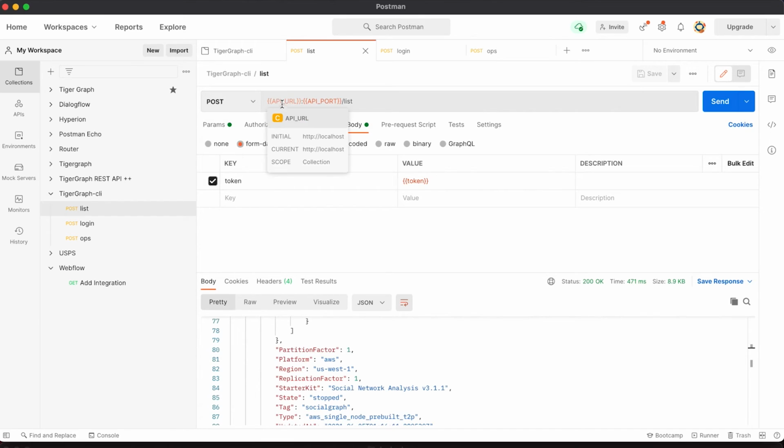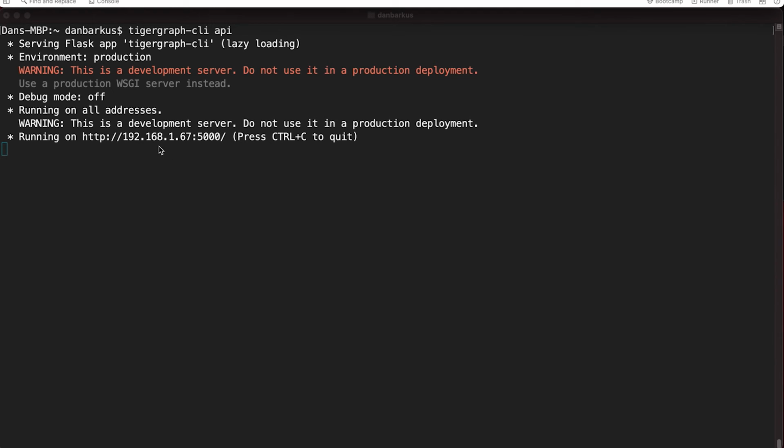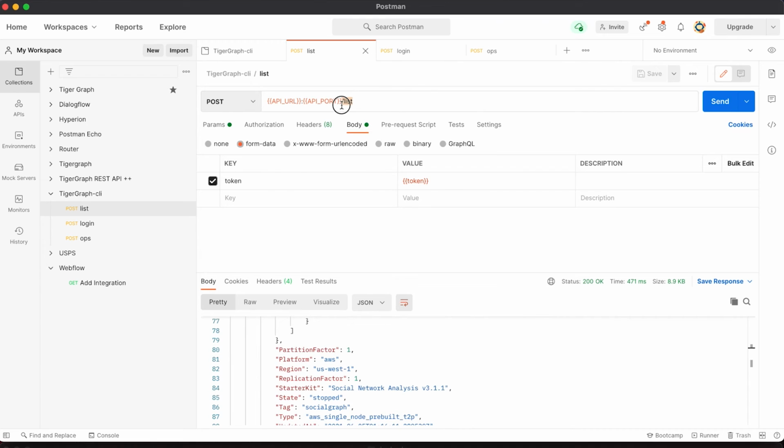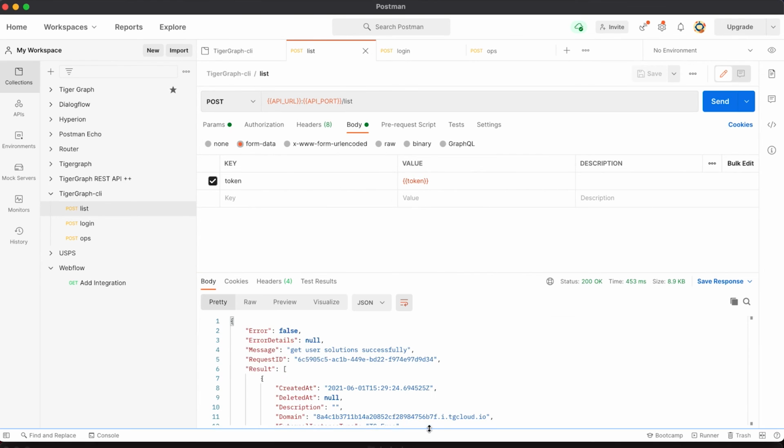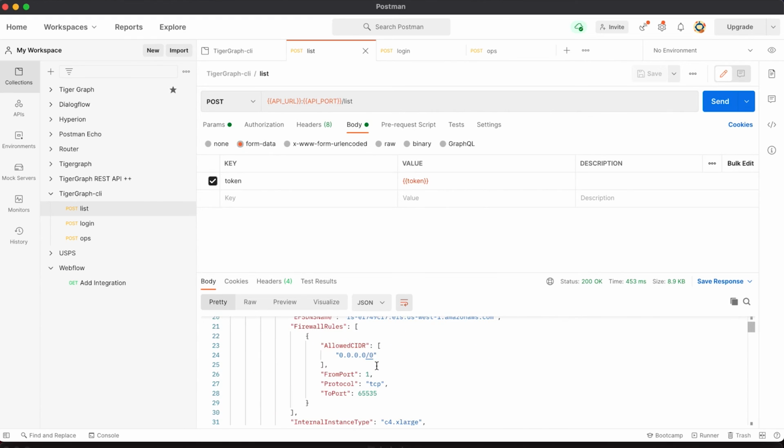So the first thing you'll need is your API URL and your API port. Those are both listed down here when you run your command. So the URL will be that of the machine that is running TigerGraph CLI in API mode, and the port will be port 5000. For our endpoint here, we're using /list. This is a POST request, and in the body of our form data, we have our server token. So if we make this call, we can see it's gone through on our CLI, and if we scroll down here, we can find our